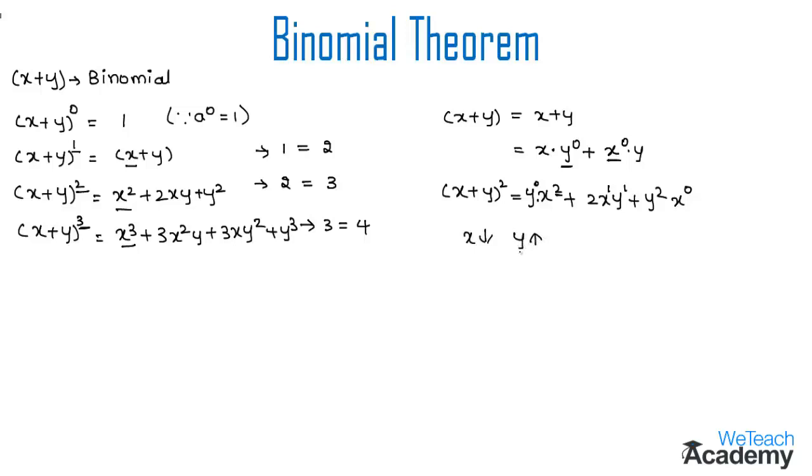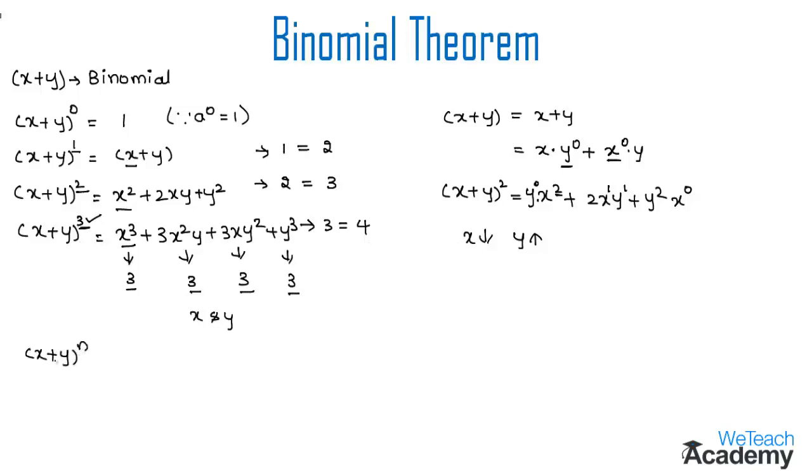And now let us find the degree of each and every term of the binomial term x plus y whole cube. So here the degree of the first term is 3. And the degree of the second term is 3, and coming over to the third term, we observe that the degree is 3, and the last term, which is y cube, we have the degree as 3. So we observe that the sum of the exponents of x and y in each term is equal to the exponent of the binomial. So it would be very difficult to find the expansion for the binomial term x plus y whose power is any natural number.